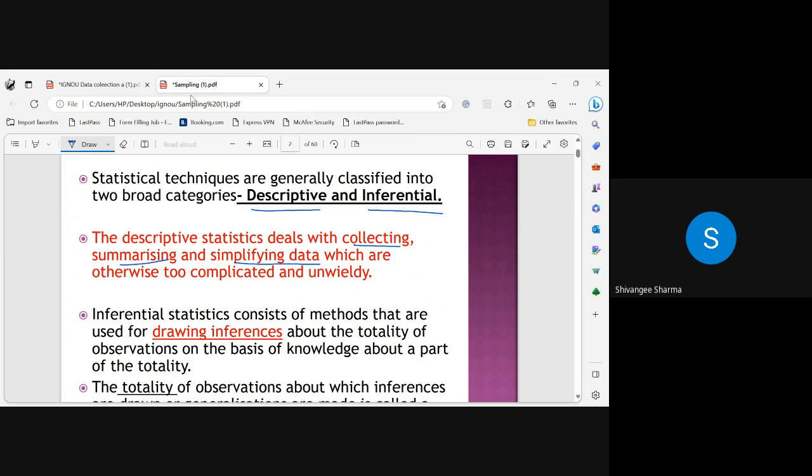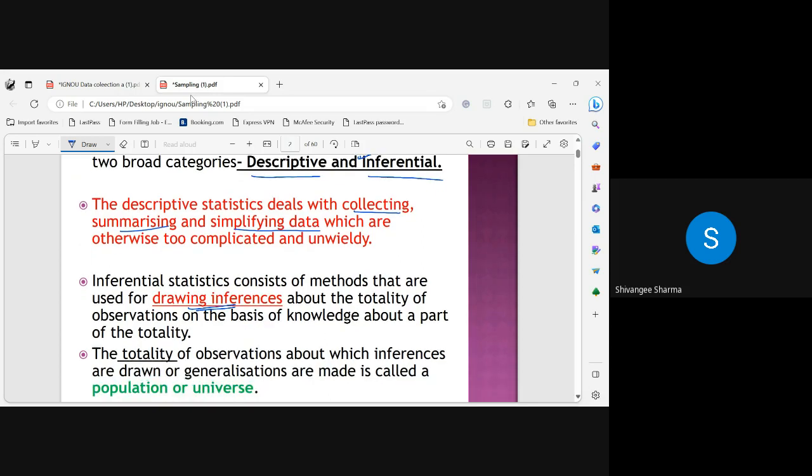You are describing the complete data of a company for a particular financial year. So in statistical techniques also, we have descriptive statistics where we describe the data. And then comes the part of inferential statistics, where you can draw conclusions, where you can draw inferences, and on the basis of those inferences, you can generalize the solution to a common problem. Inferential statistics consists of methods that are used for drawing inferences, where you can draw some conclusions out of